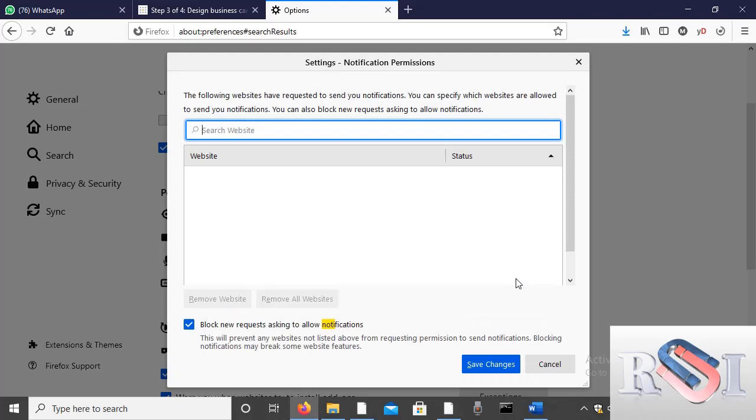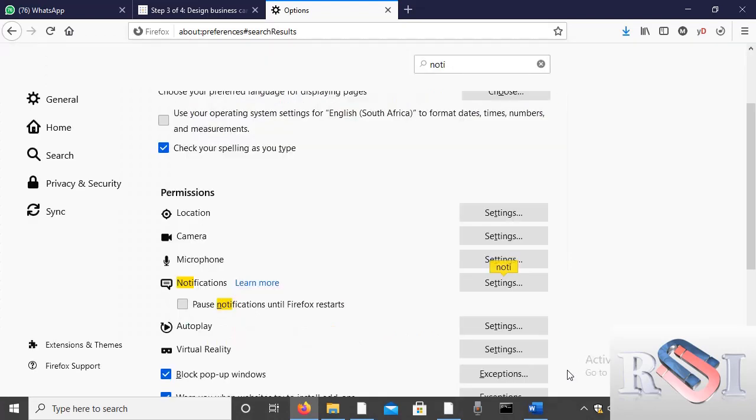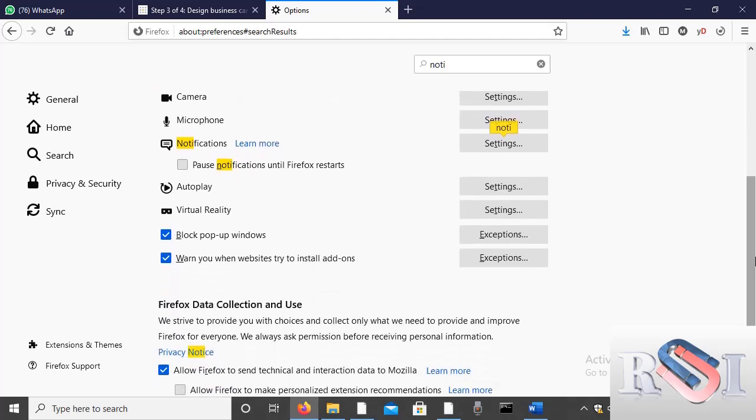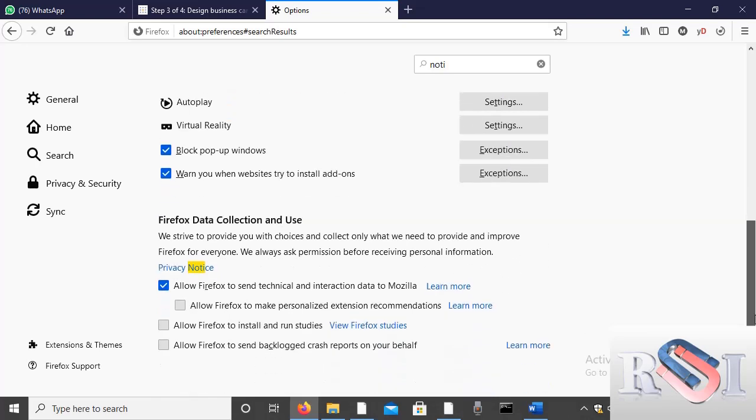And then you try to check if the methods or strategies that I have used here to show you have worked or not, and you comment in the comment box below, and then we'll come back to you and give you more things that can help your browser not to consume a lot of data for yourself.